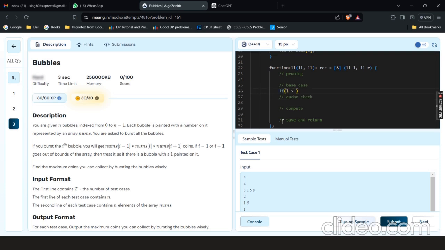Let's now begin. If L is greater than R, then in that scenario I will not be earning any coins, so return 0, because for L greater than R there is no subproblem existing. Actually, the answer value should be 0. I have to partition. P goes from L till R, right? Yep. So yeah,